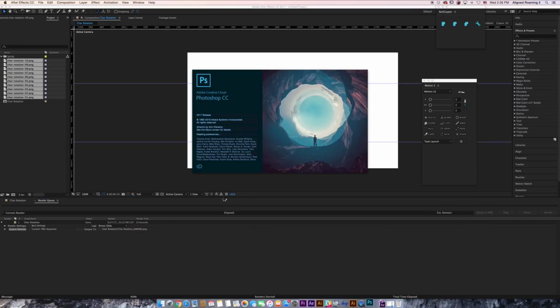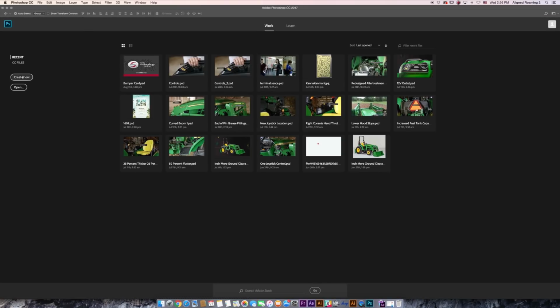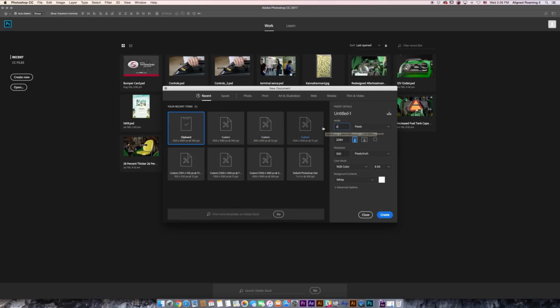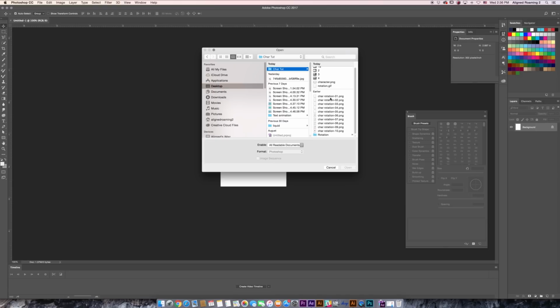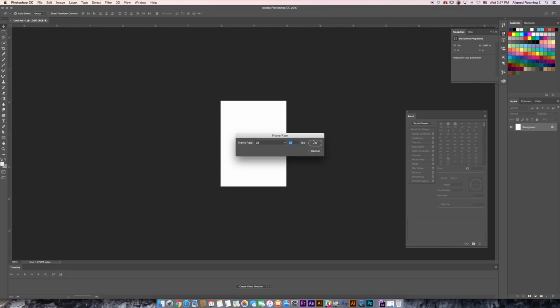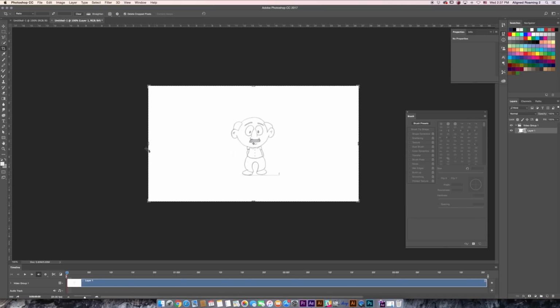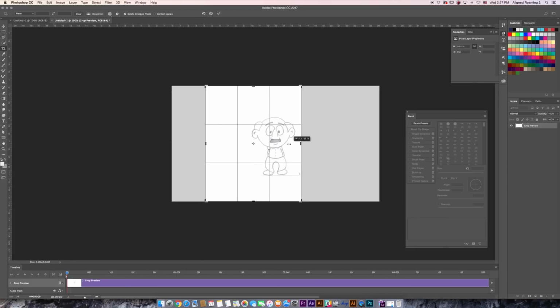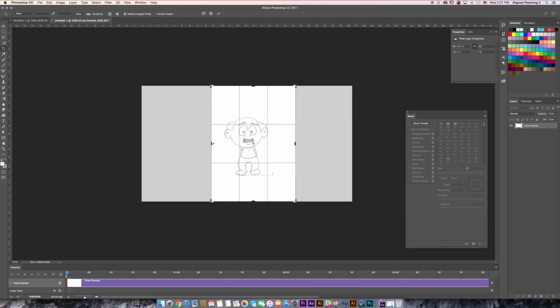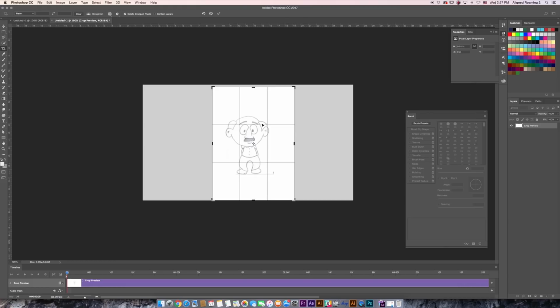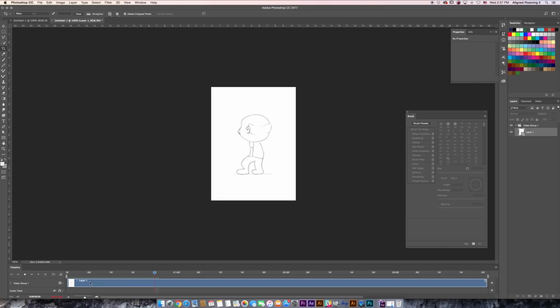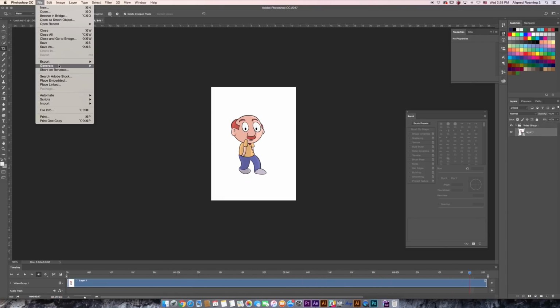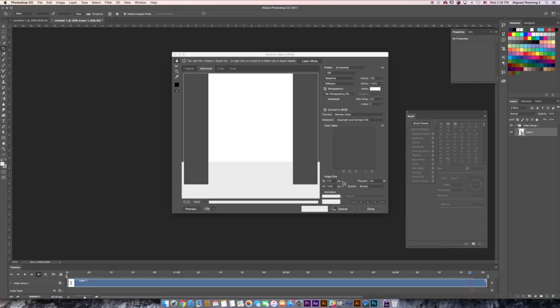Now open Photoshop and place this PNG sequence into it. We can crop the screen size if you want to. To export it as a GIF, click on File, Export, Save for Web.